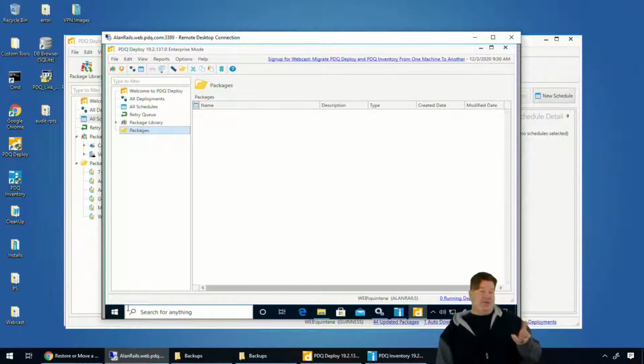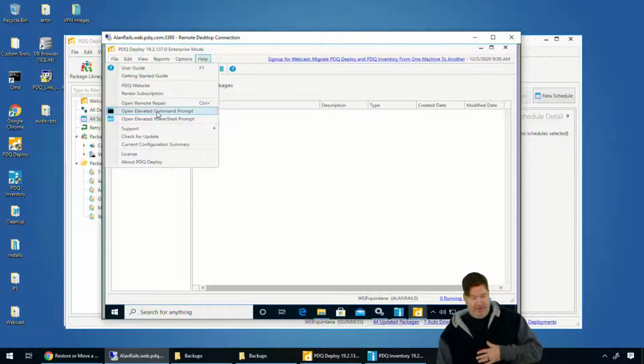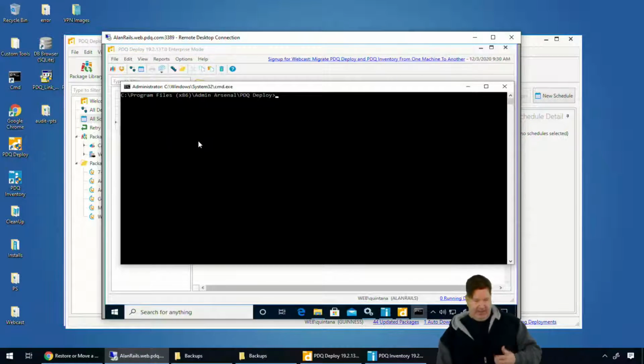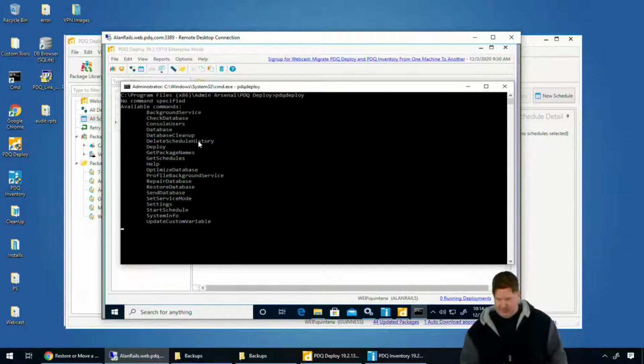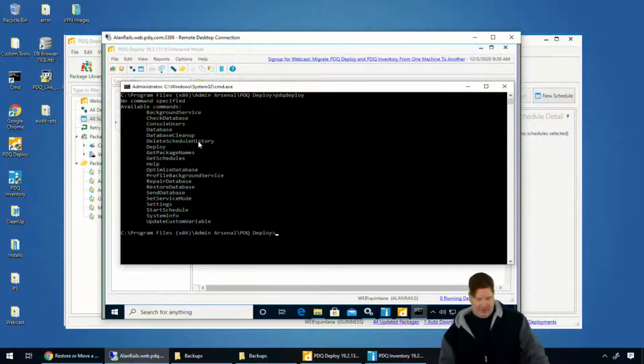Okay, we're going to do this from a command prompt. So to do that, go to help. And it's going to be an elevated command prompt. Give that an OK. And the nice thing is it drops you right where you need to be. If you type in PDQ deploy, since we are going to be restoring deploy, it's going to give you all your options. And right here,